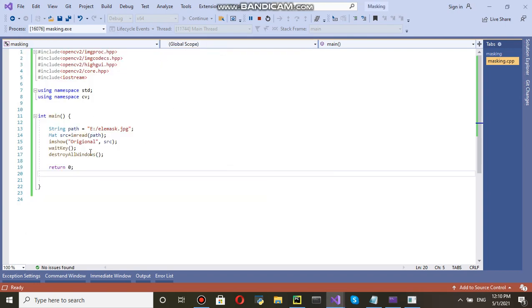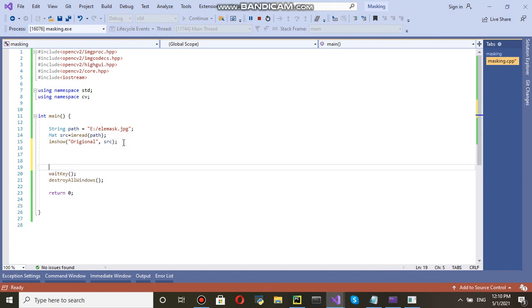Now our task is to mask it. For masking, first create a drawing board, or you can say a mask.